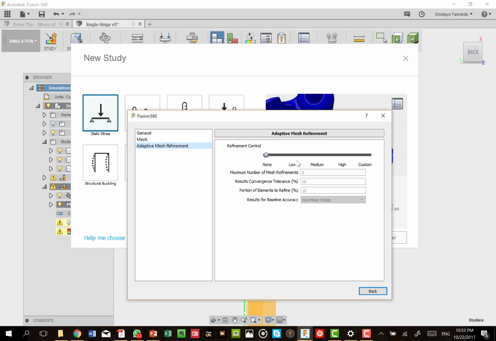If you set it to a particular point, it will set that tolerance in such a way that it will continue solving this problem over and over until the changes between the iterations are as small as the tolerances you specify here.